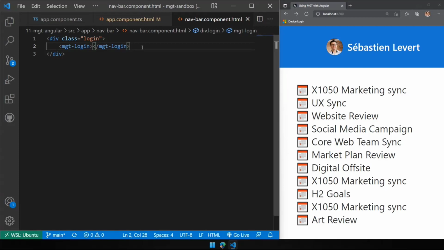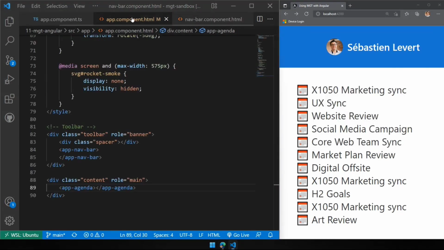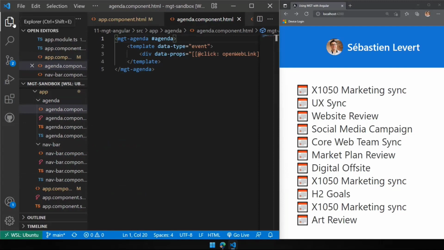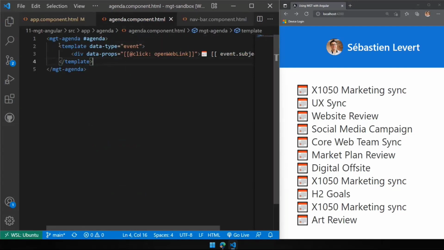Automatically, it's going to get loaded. It's going to be able to understand that there are global providers, that the provider is logged in, and will automatically show up in our screen right there. Same thing with our agenda component. If we go back here, we have our app agenda. If we go to our app agenda, you're going to find that the agenda here will